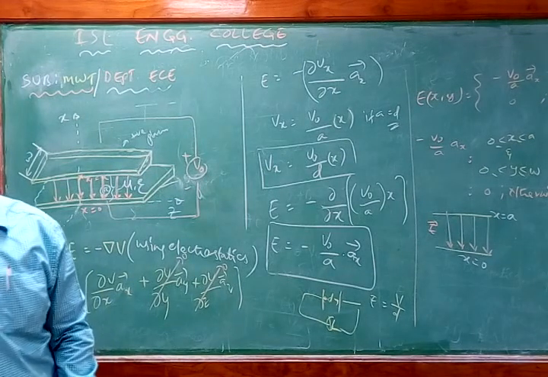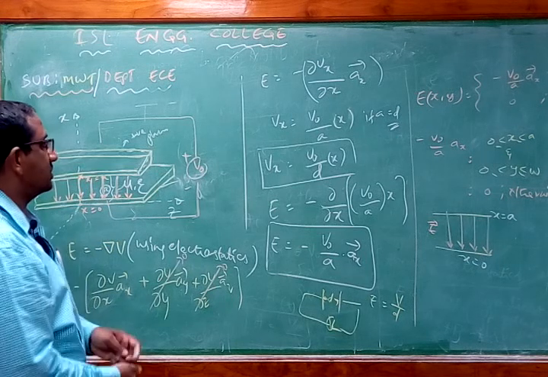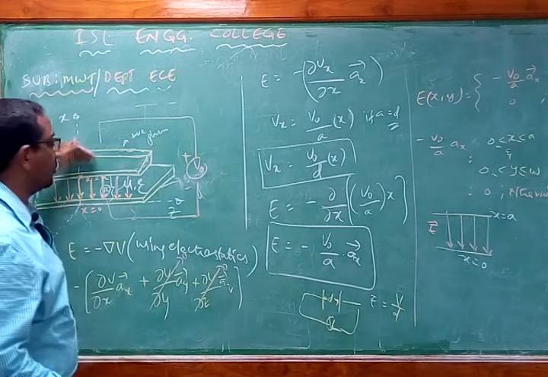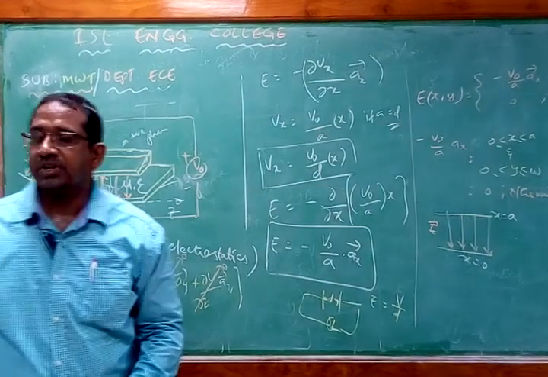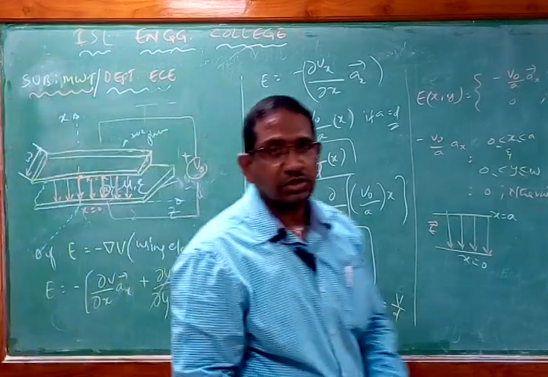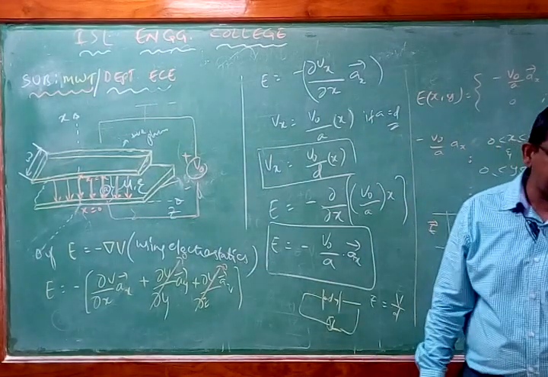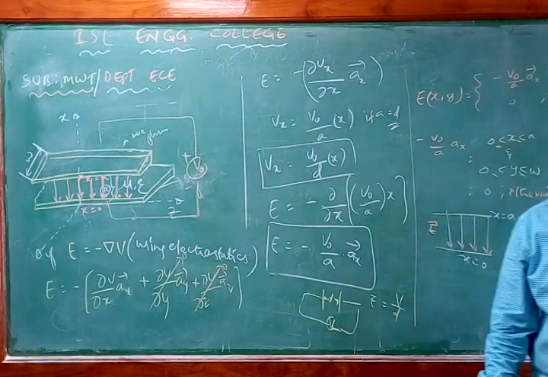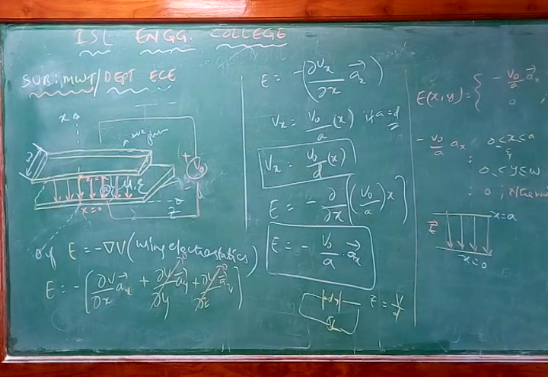So this is the electric field wave equation which is flowing from the top plate to the bottom plate. Now, is it really the final equation for us? No, it is not. The final equation should be along the z direction. So to get that, what should I do? I should incorporate the gamma z component.